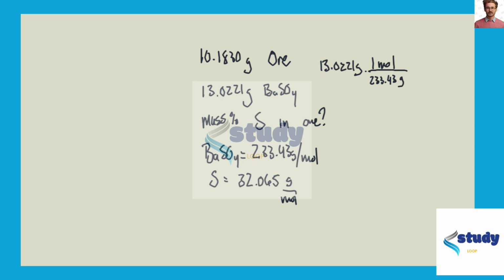Right? And so we will get, as our answer of moles of barium sulfate, 13.0221 divided by 233.43 grams, or 0.055786